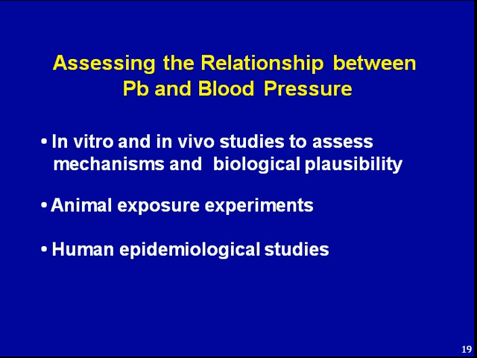And it's believed that one of the key ways that lead may act to increase vascular tone is by interactions with calcium. There's also been evidence from a multitude of animal studies that exposure to lead is associated with high blood pressure or elevations in blood pressure. And then there are also human epidemiological studies. And I'm going to talk a little bit about the latter too.